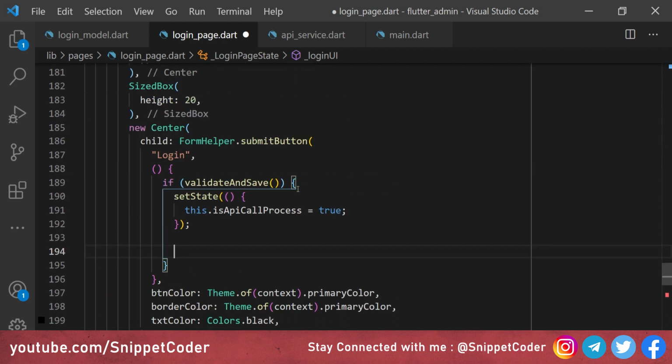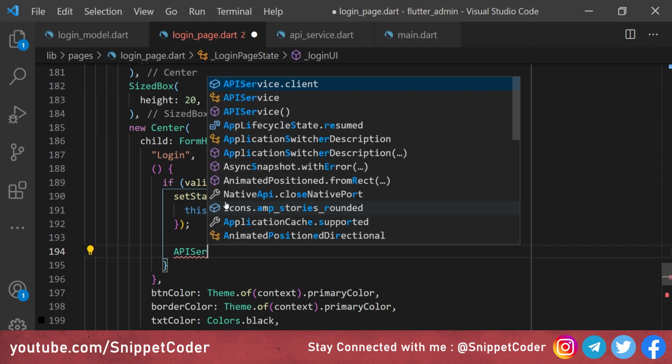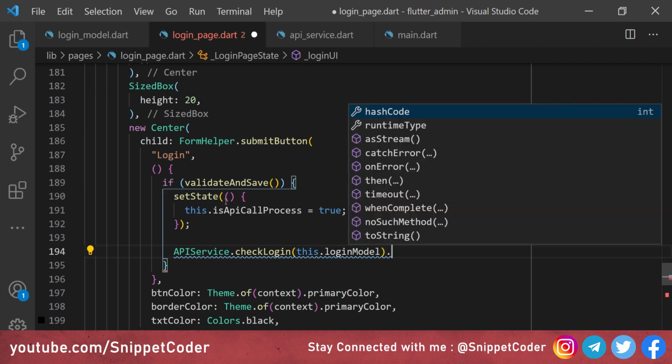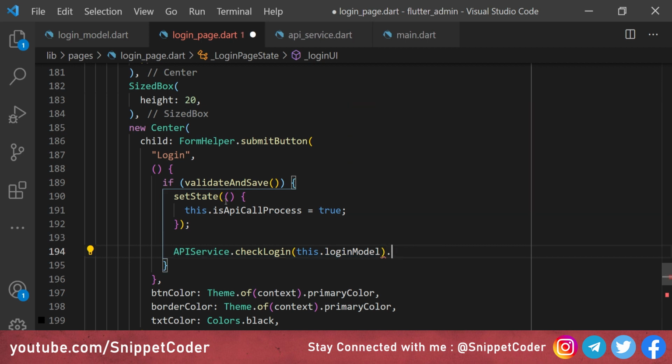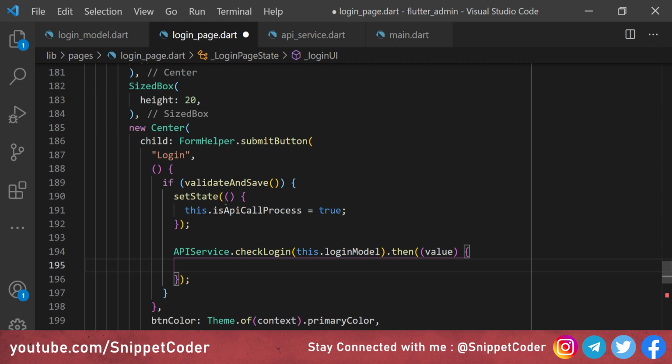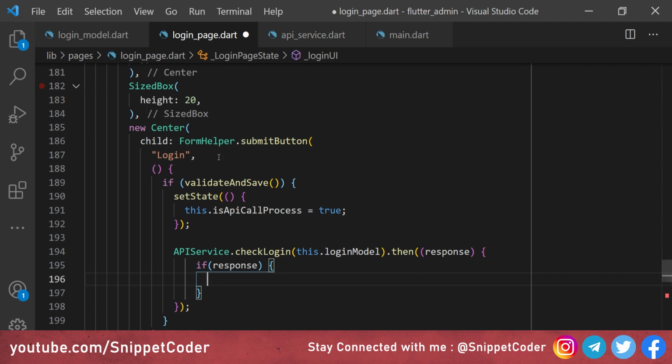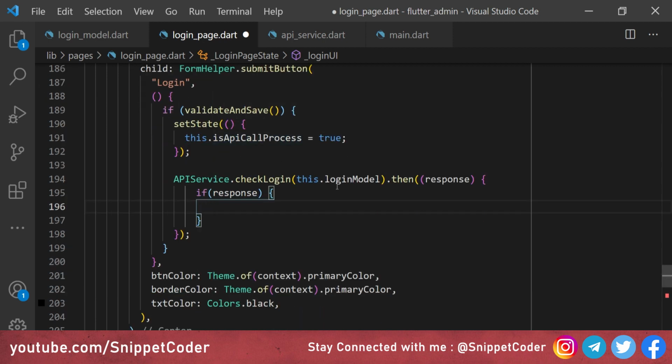So now here we will call the API service class, and here we will have APIService.checkLogin, and from here we will send the model file, this.loginModel. Then we have done, and here we have the response, and here we will check if the response is true, that means login is successful. Then we will move to the home page.